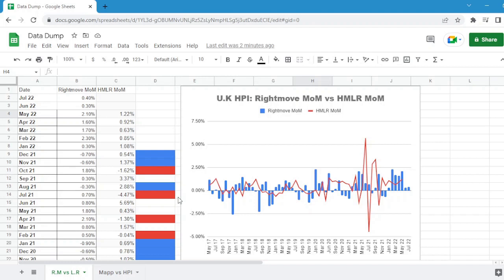Because it's very timely, meaning it's released before any other house price index, and it covers around 95% of all properties sold, we can infer a lot from it. For example, can we use it to predict the Land Registry data, which as previously explained uses sold prices, but is seen as the most authoritative? In essence, could we use it to see if house prices have already started to crash in the official Land